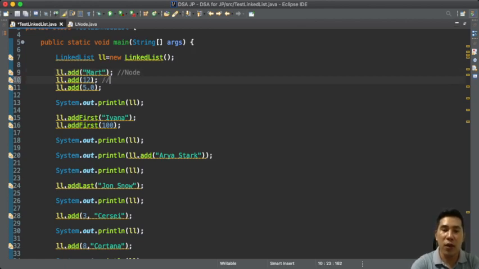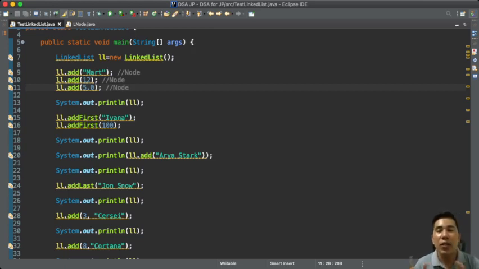This one is also a node, and this one is also another node. Meaning to say, if this is the first node inserted, it means that this is the head. And since 12 is inserted after this node, it is inserted as a node after it, and the same with